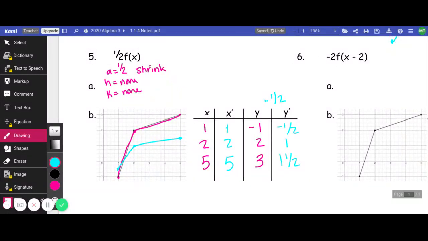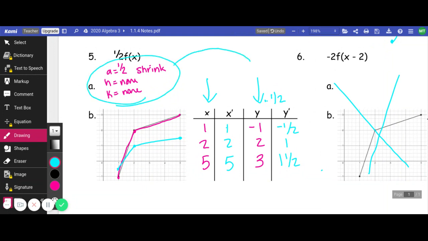Okay. So I'm going to end there with our video. So we can just kind of exit out that one. So you are going to do a worksheet that looks just like this. I'm going to give you a graph. You need to put the X and the Y in there. And then you are going to explain what's happening. And then you fix the X and the Y to get your